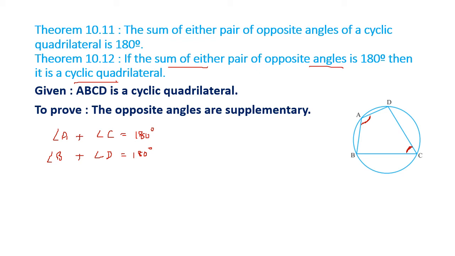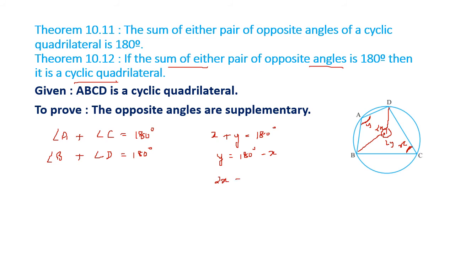So how will we prove the points lie on a circle? You can prove the converse the same way. You can take a center point. Let us call this x, so this will be 2x, right? And let us call this y, this will be 2y. But we are given x plus y equal to 180. So y equal to 180 minus x.